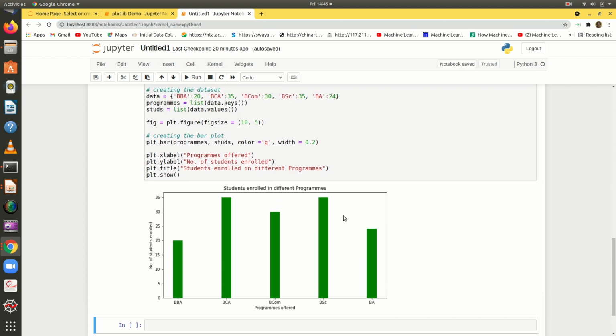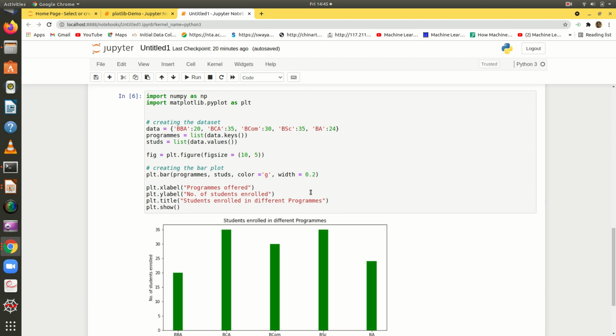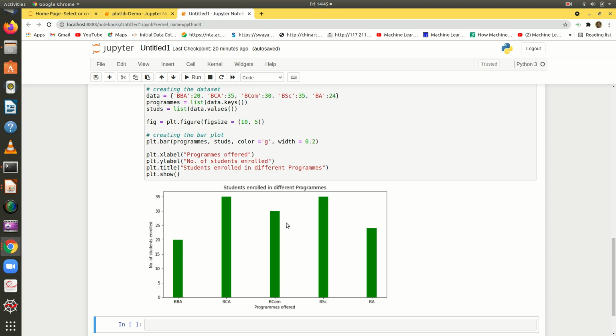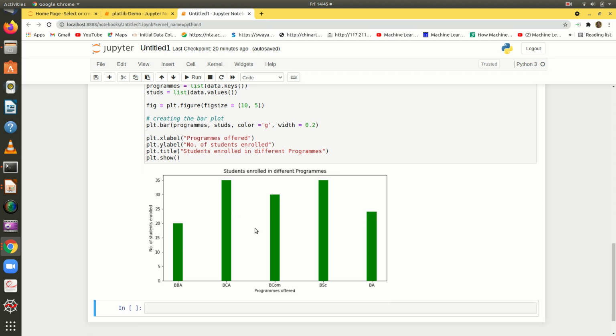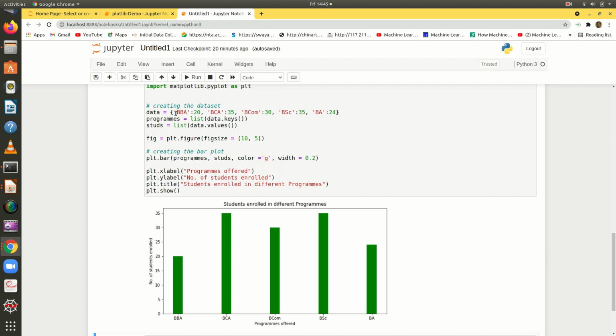So this is how the bar charts can be created using the PyPlot library. It's very interesting, right? You change different colors, you change the width, and in whichever form, it is very easy for comparing. As we had seen the advantage of data visualization, if you give the data like this, it is very difficult for a human being to analyze the data or to make a comparison, right?